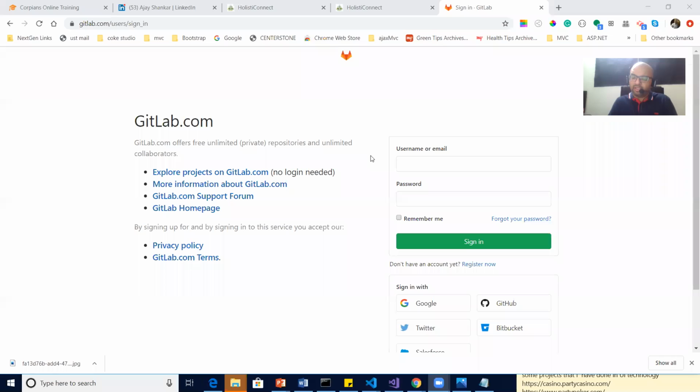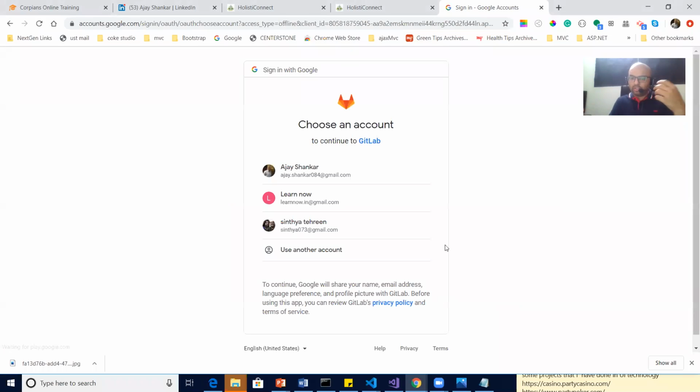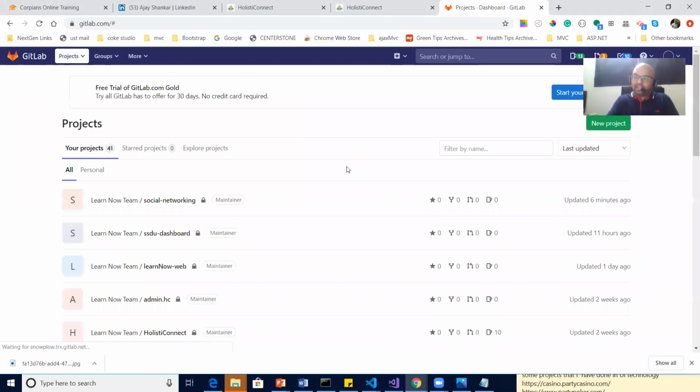So second workflow, I'm logging in through Google. I come to the login page. First step, starting as a user, I came to the login page. I opt for Google. Now what will happen? Google is verifying me. Yes, I am Ajay Shankar. After verification, Google will send a token. Token is nothing but confirmation, a thumbs up.